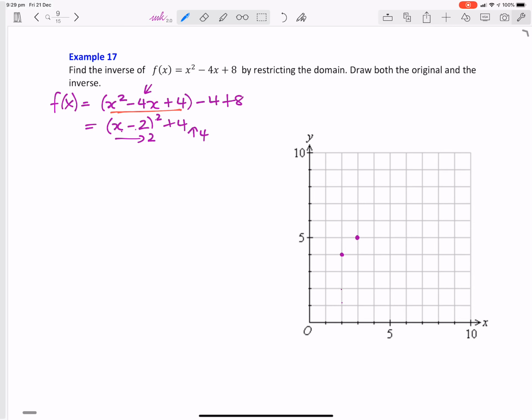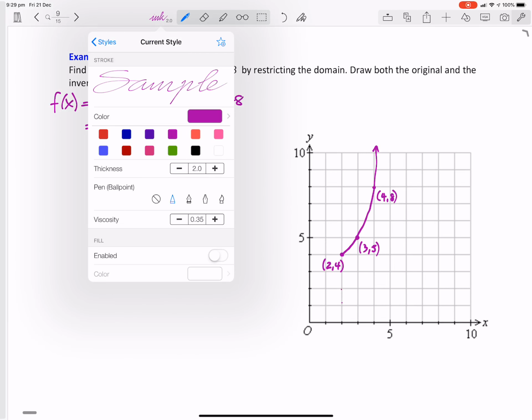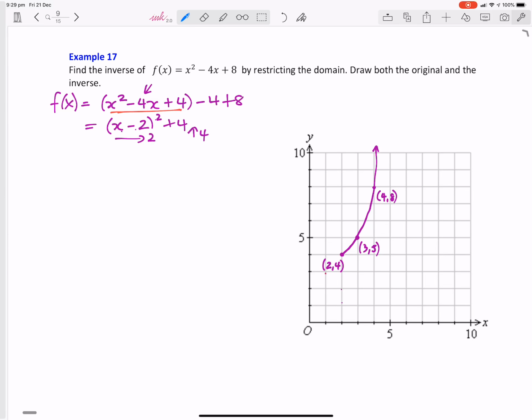So we're going to put 4 and then 8, so my graph is going to look like that. So we've got 2, 4, we've got 3, 5, and we've got 4, 8. Okay, now without actually finding my inverse function, I could sketch it because we know we're swapping x and